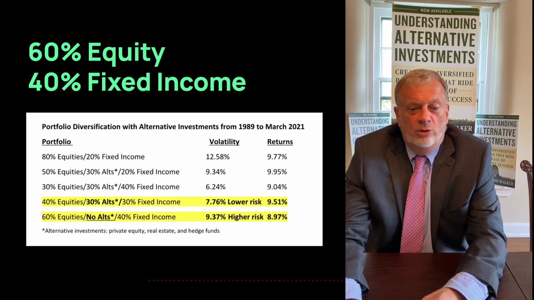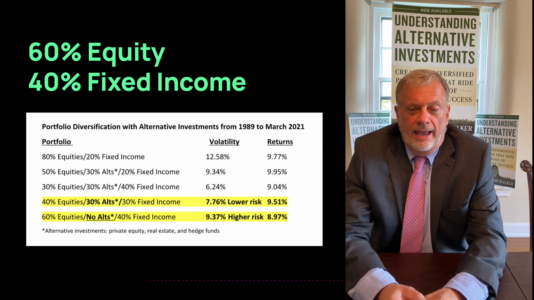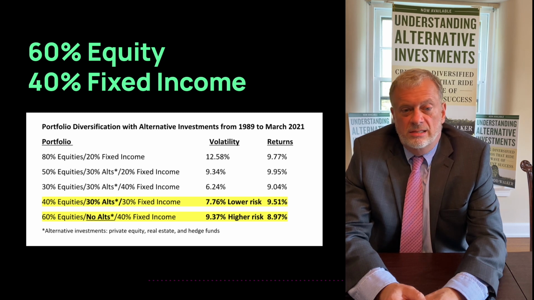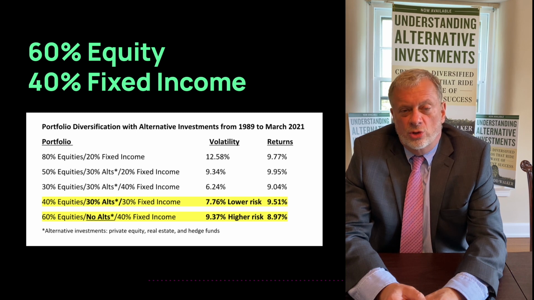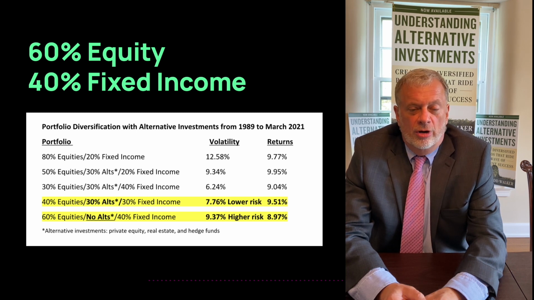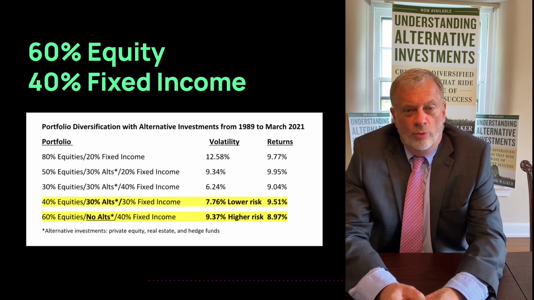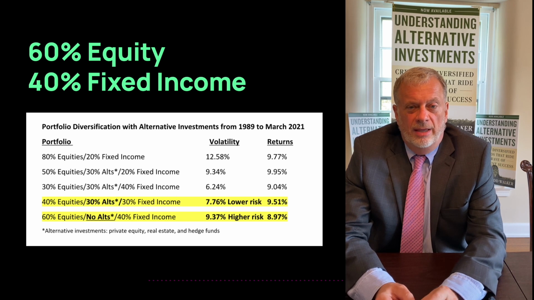You have to really take a look at the volatility and design the portfolio that's best for you to make those returns. And it's careful consideration whether it's 40-60, 60-40, 80-20, equities and fixed income, or if you add alternatives, how much is appropriate? 30% alternative investments, 40%, 20%, what should be the fixed income, what should be the equity? It varies, but one thing is for sure, adding alternative investments can be advantageous to a diversified portfolio.